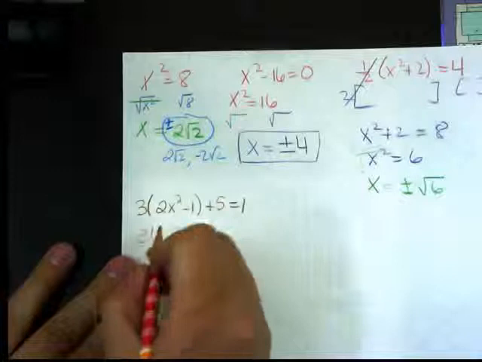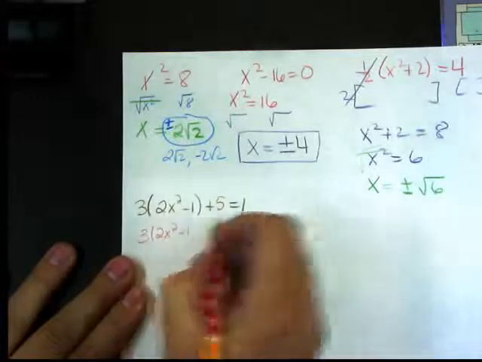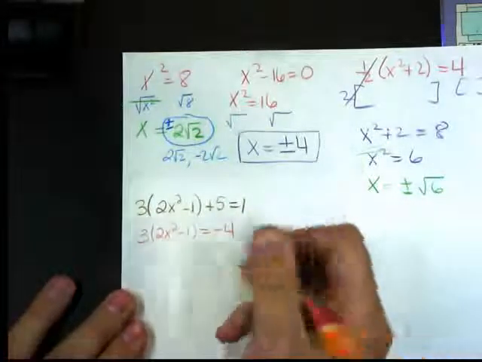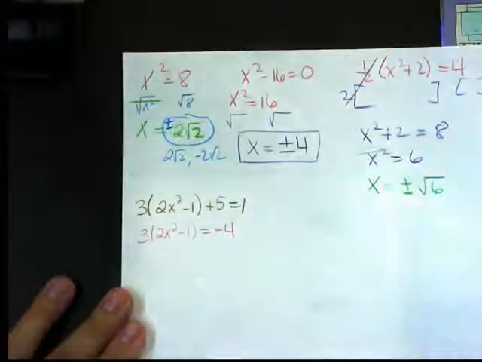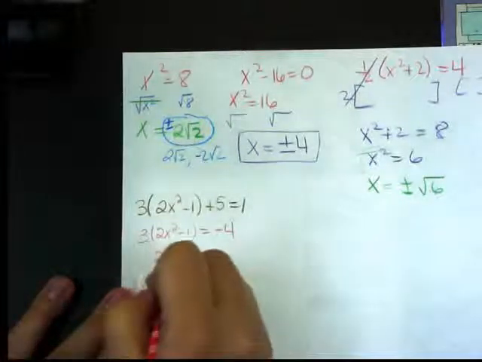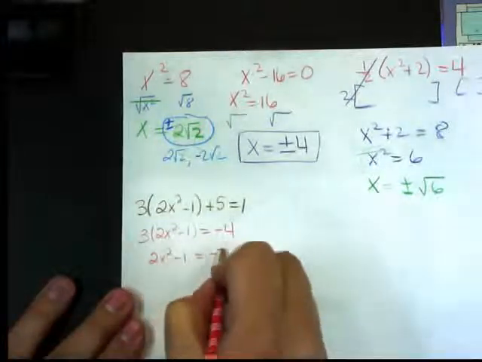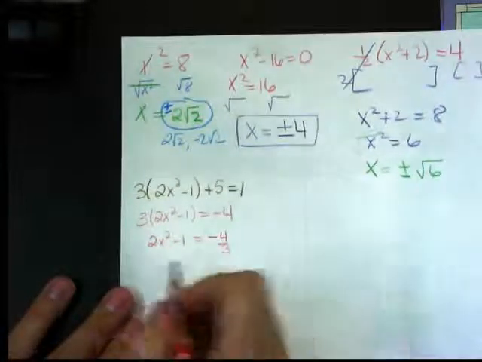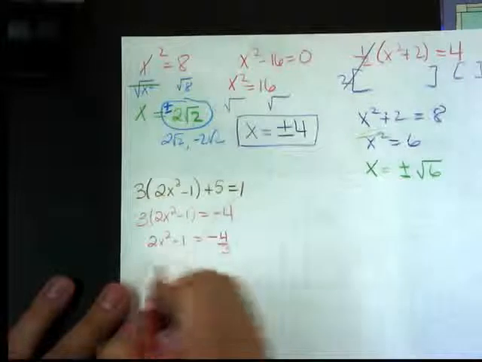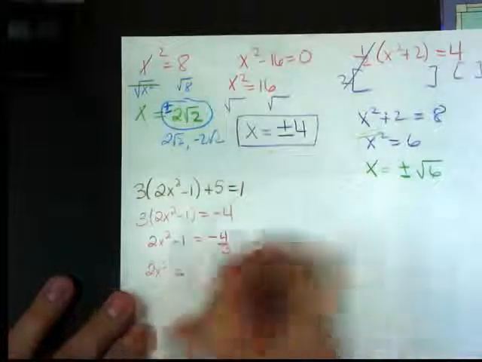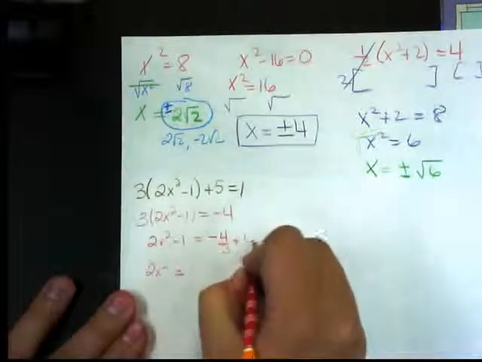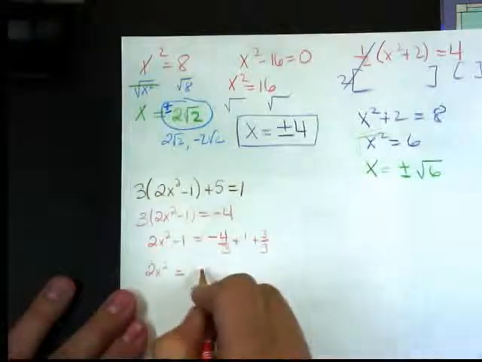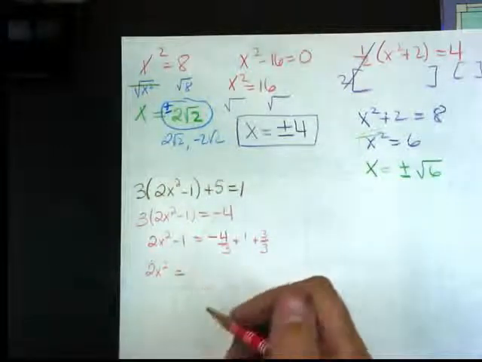First thing you should have done is you should have subtracted the 5 for negative 4. Then you should have divided by the 3, so 2x squared minus 1 is negative 4/3. When you add over the 1, you get 2x squared. If I add 1, that's the same as adding 3 over 3, so that's, oops, I'm sorry,